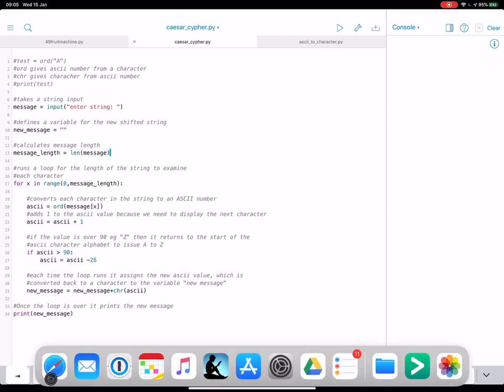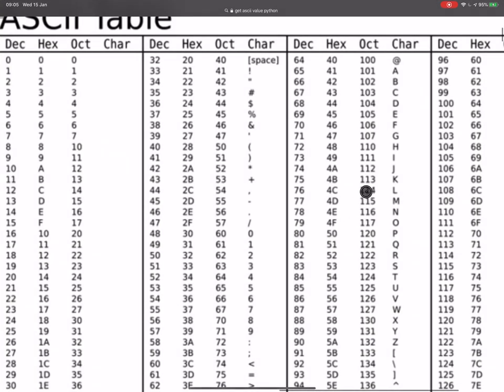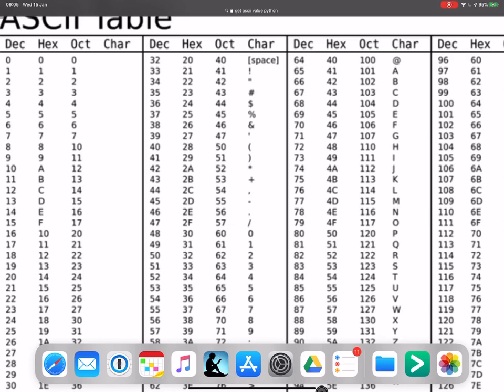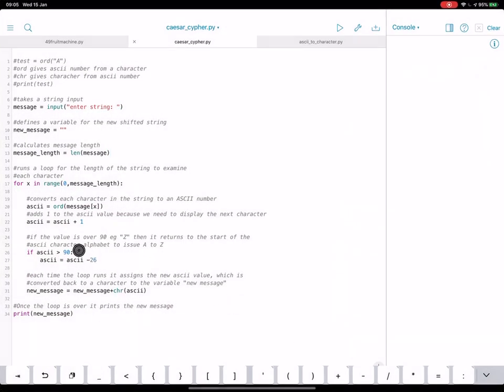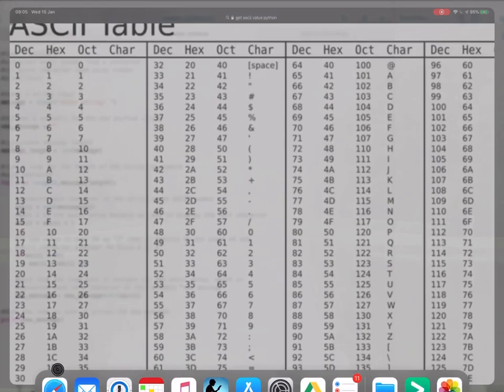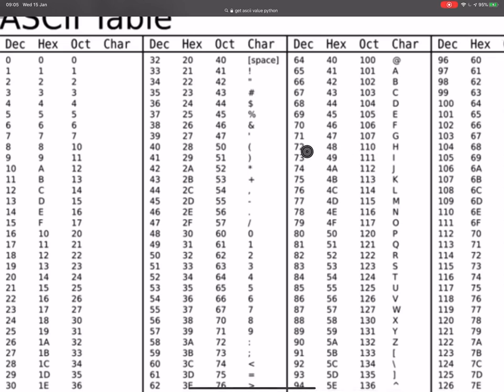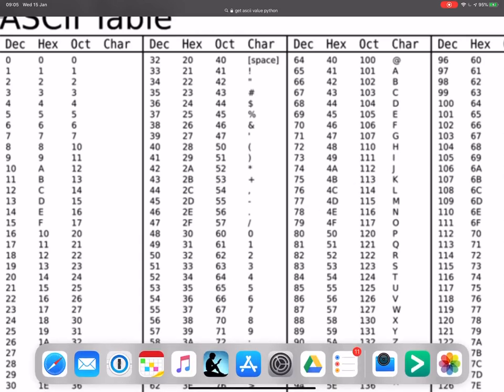So in the case of what we were talking about before, H is going to be 72, okay? Now, because we're going to shift all the letters 1 across, what we've done here is we've added 1 to that number, okay? So H, we said, was 72. We're going to add 1 to it to become 73. Okay, so H will now become I, all right?